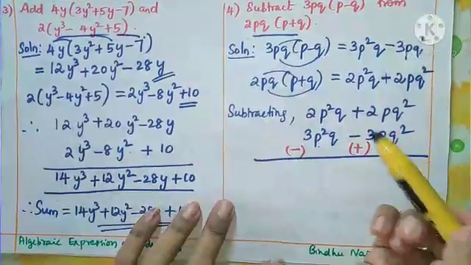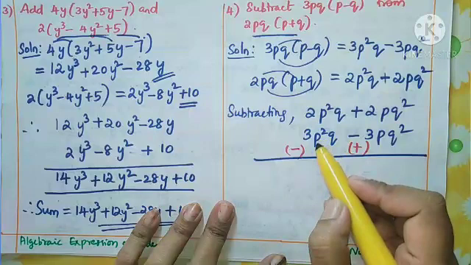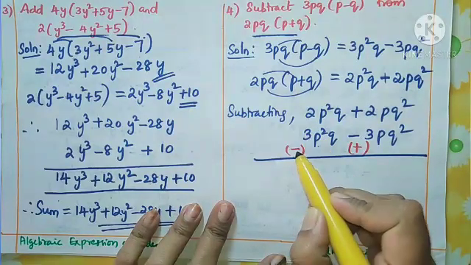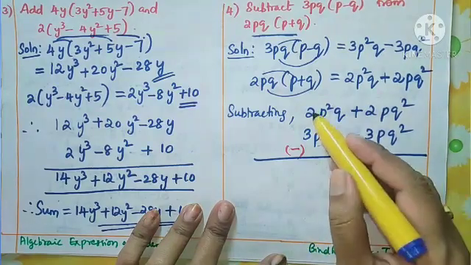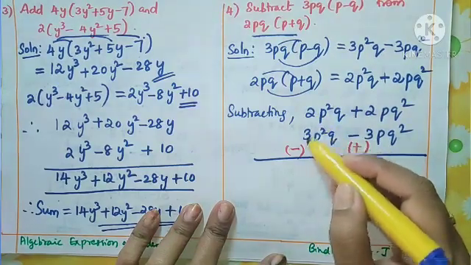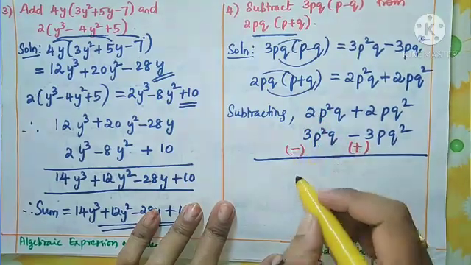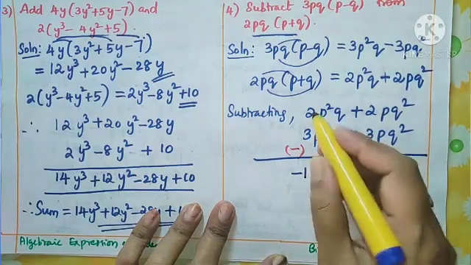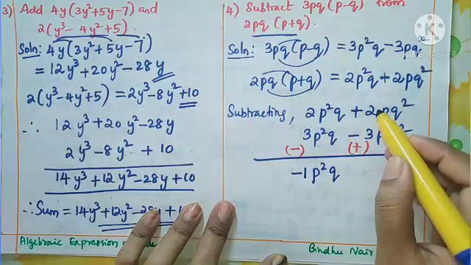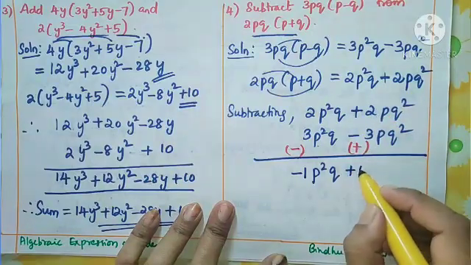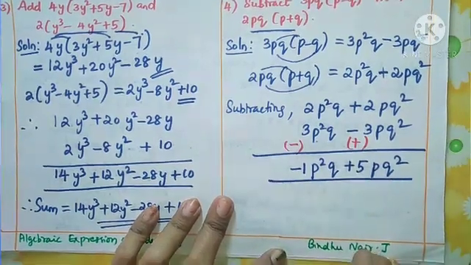Okay, so here you see now it is changed into minus, this is plus. Now this sign of 3 became minus, this minus 3 became plus 3. Now when you collect, what happens? You want to combine the constant terms, coefficients. So 2 minus 3. What is 2 minus 3? Yes, it is minus 1. Write the variable as it is. And here plus 2 plus 3, that is plus 5pq². So that is over. Okay.